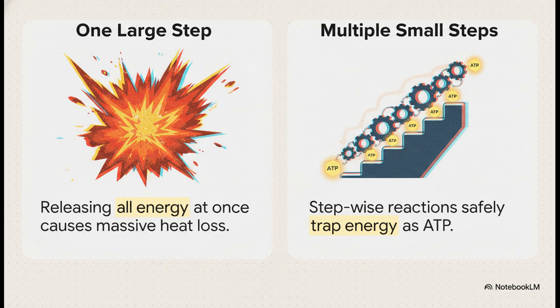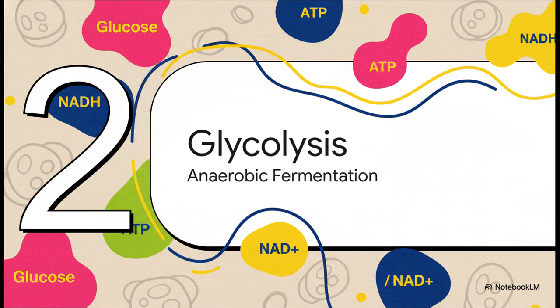Now, what's really fascinating here is the core philosophy of cellular metabolism. Why don't cells just burn glucose all at once? Well, think about it. If a cell used one large step, like complete combustion, it would release all that energy instantly as a massive wave of heat. It would literally boil the cell alive. No way that works. Instead, the cell uses multiple small steps. By using enzymatically controlled, stepwise reactions, the cell totally prevents this catastrophic heat loss. It carefully traps that released chemical energy safely into the high-energy bonds of ATP, which perfectly sets up Section 2,